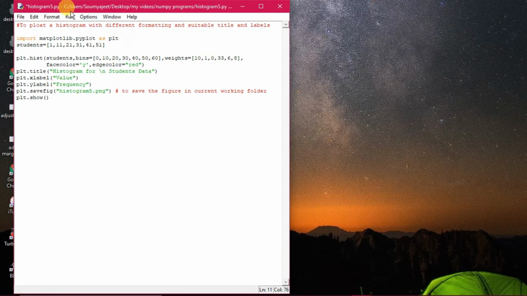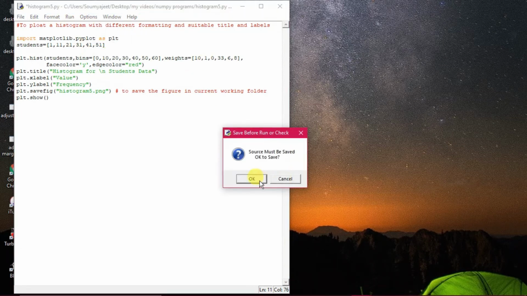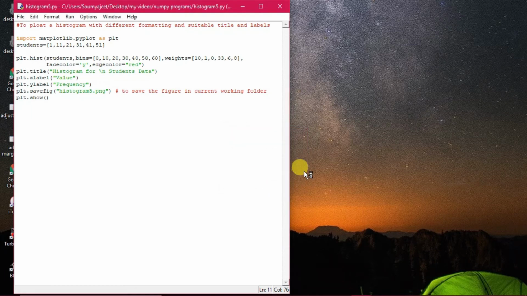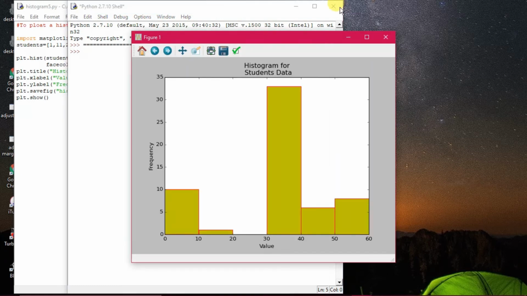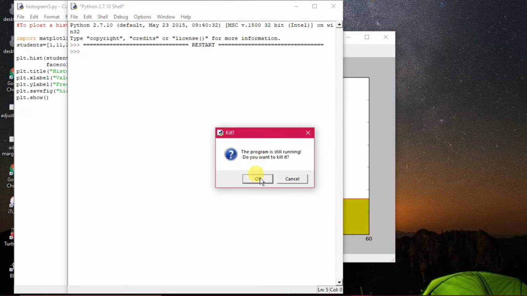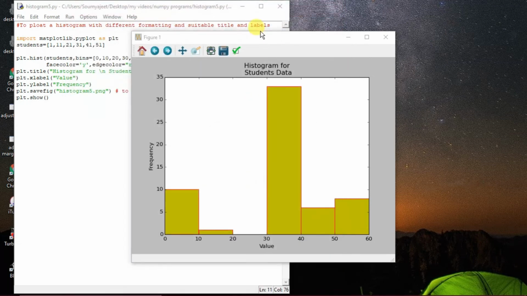So if you want to save it from the program itself, you can give the savefig command. All right, now we are executing this program to see the nature of the output and how it looks. Yeah, this has appeared. Okay, closing this window and bringing this one here.